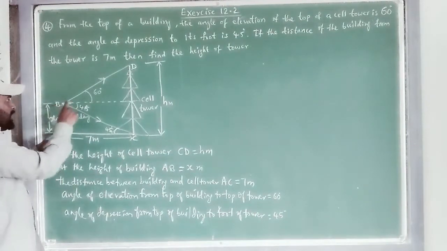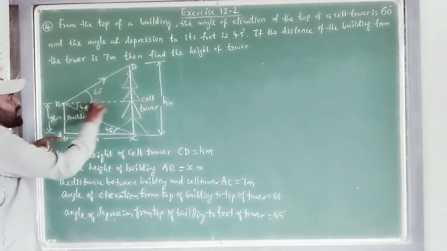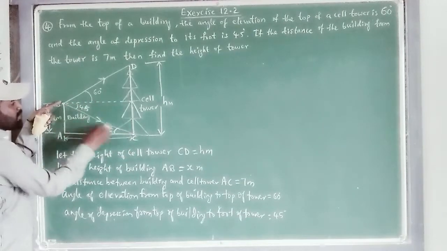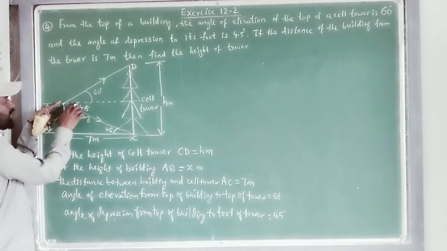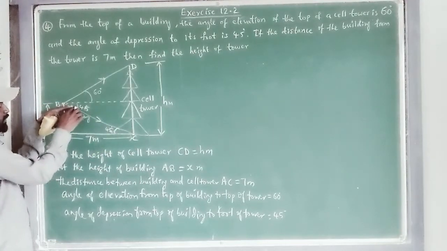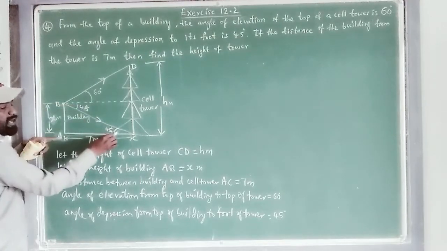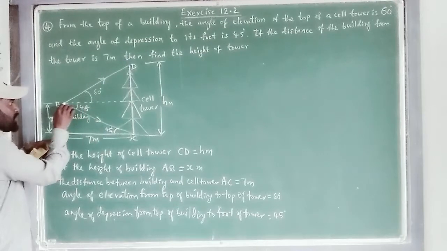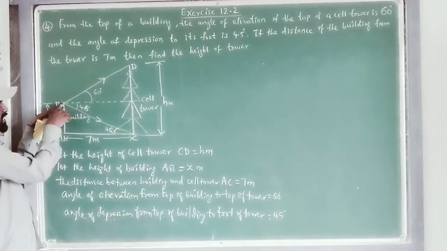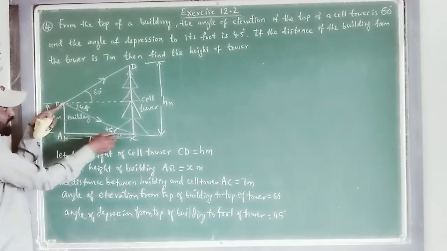But the top of the building and the ground surface, if you draw a line parallel to here, this line becomes like a transversal. These are what? Alternate interior angles are equal. The angle of depression is here, but in this triangle ABC, that 45 degrees will come here now. Why? Actually, angle of depression means the observer is observing from here to here. The angle of depression is in this direction.